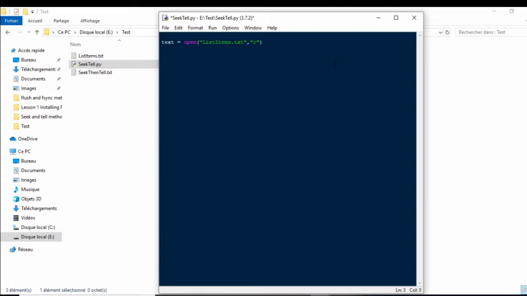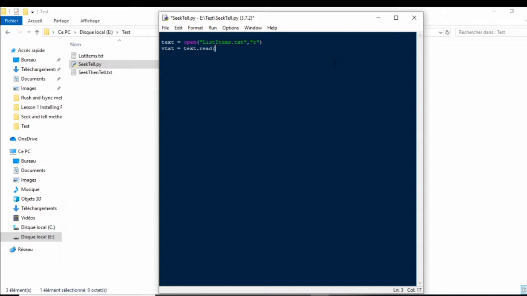Okay, this is to open the file. Then we will use the file object. Let's call it vtxt, and it will be the file object for reading the file. So vtxt.read,